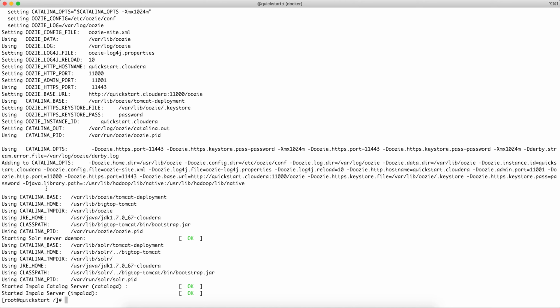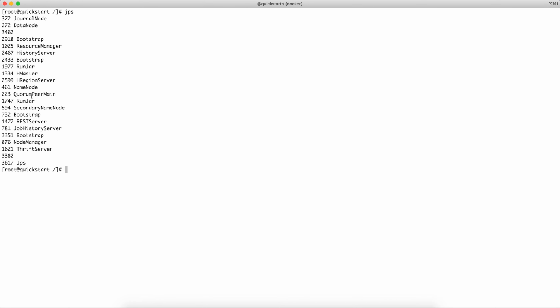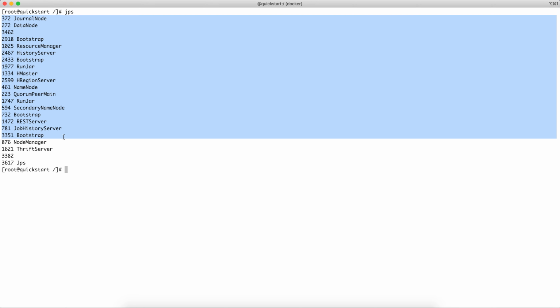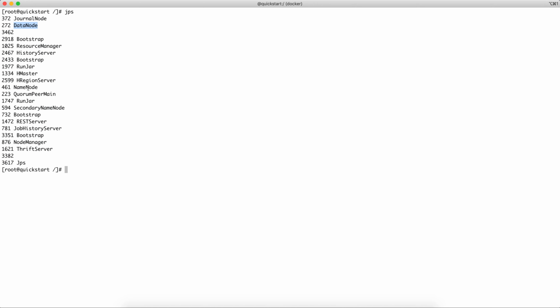I will show you how to see what all daemons are started. If you just do JPS here, then it will display what all Hadoop services it has started. Okay, so this is the list of services that it has started for us. So if you see this, it has started this data node. Then we should have the name node as well somewhere. See, this is the name node. Then we have this node manager. Then we have the secondary name node as well. Then we have this H master, which is nothing but the required daemon for enabling the HBase setup. Okay, so these are, in short, all the HDFS specific or Hadoop framework specific services that are being started.